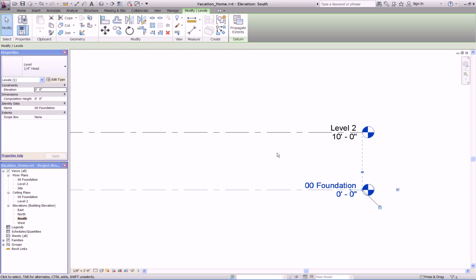And you'll notice under the project browser that under the south elevation that it is current, that we're working on these levels and creation and renaming, is that level 1 was renamed, and there it is, 00 foundation. Now we're going to go to level 2, double click that one, and we're going to rename this one